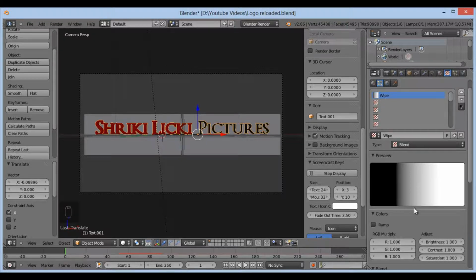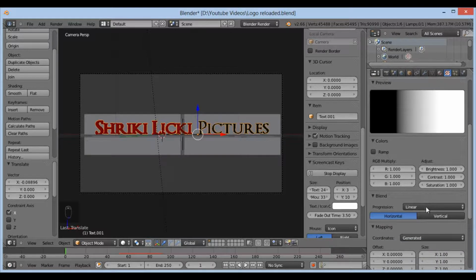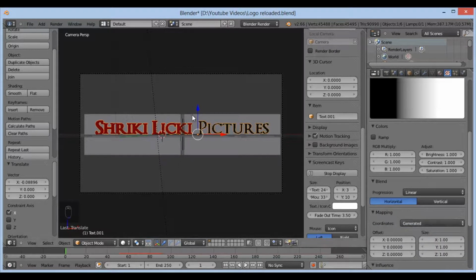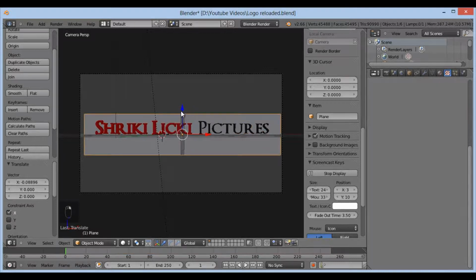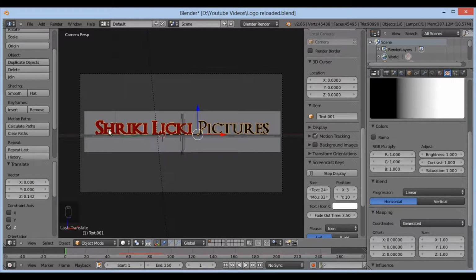I don't know if you guys really understand it, but it's really simple. Basically, this plane is going to affect the way the dissolving works, because right now it's only targeting that part, and we wanted to target the whole